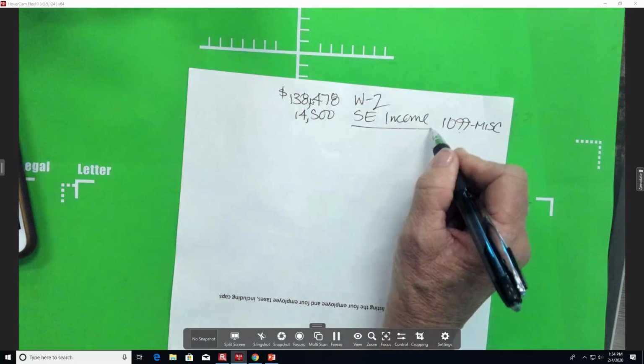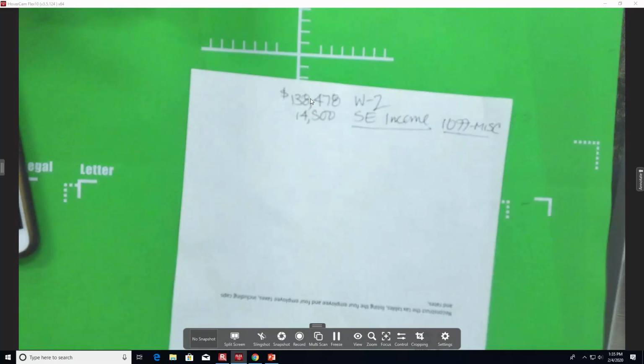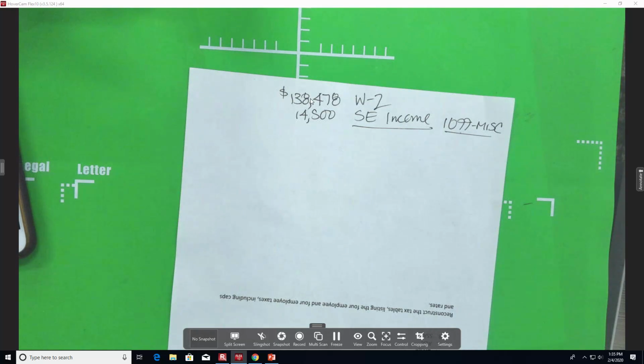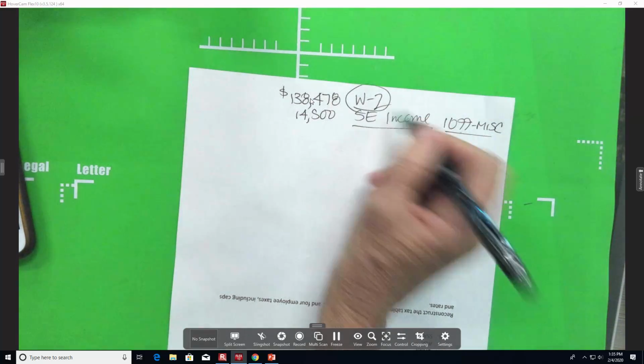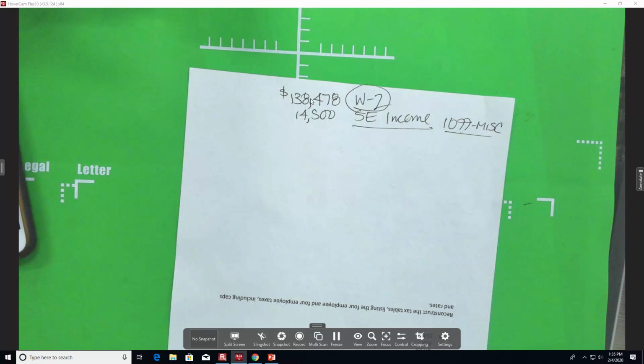First off, what is all this stuff? What's SE income? Self-employment net income. Am I telling you what she grossed or what she netted? Netted. Income is net, revenue is gross. There's way more to it than that, but for our purposes. What's a 1099 MISC? It's what you get when you're an independent contractor. If I'm an employee at the end of the year, what do I get? W-2. If I'm an independent contractor at the end of the year,